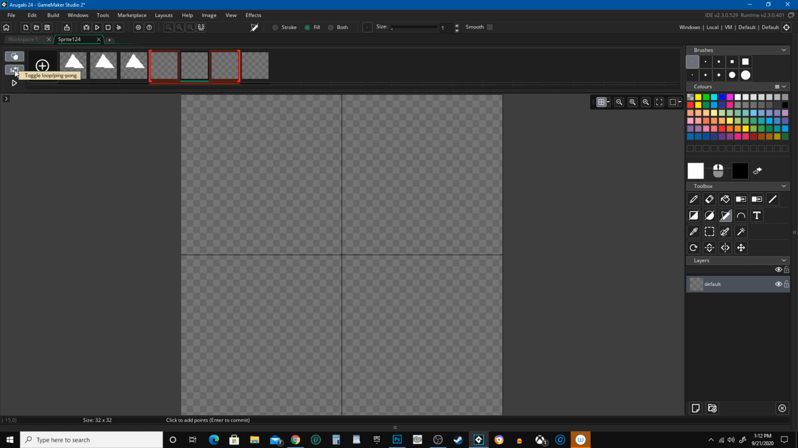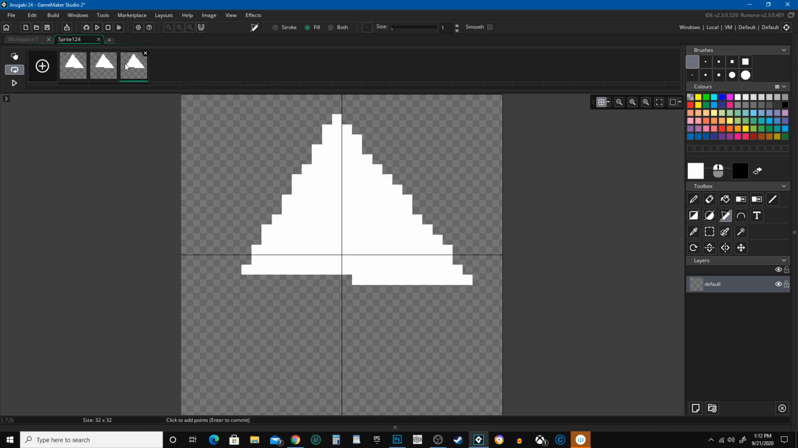If you hit it one more time, it does the ping pong, which means it goes forward and backwards, or no repeat at all. Another really cool thing you can do with GameMaker Studio 2 is you can draw while it's animating. So I'm going to make a few more of these. I'm going to hit play. It's going really fast, so this is going to be kind of crazy, but